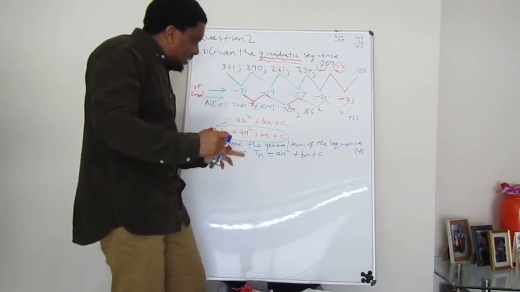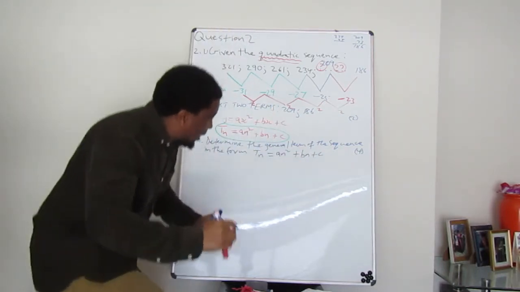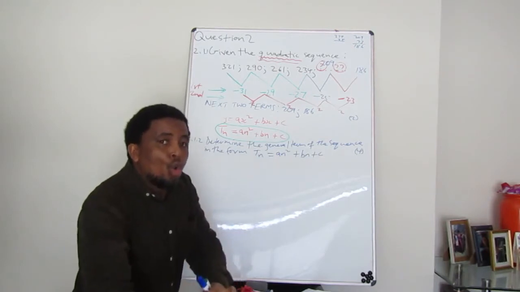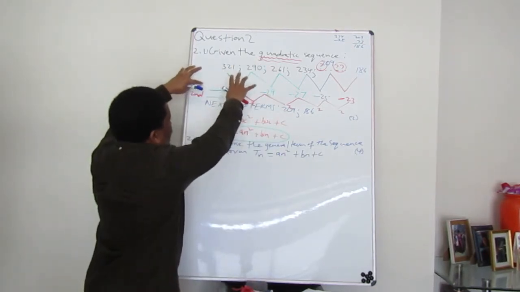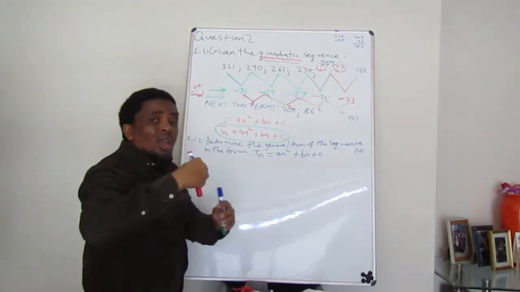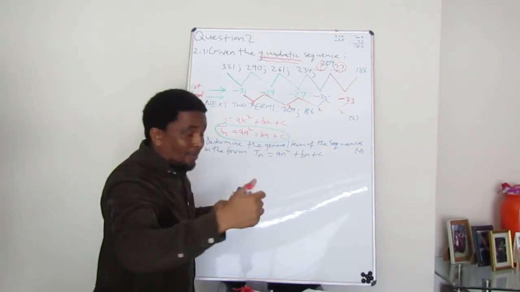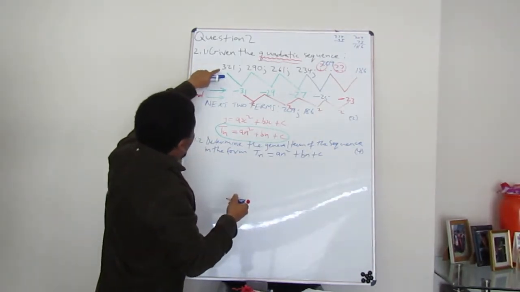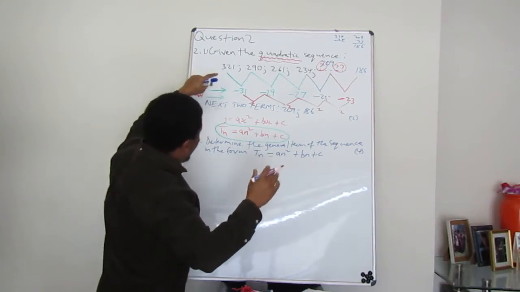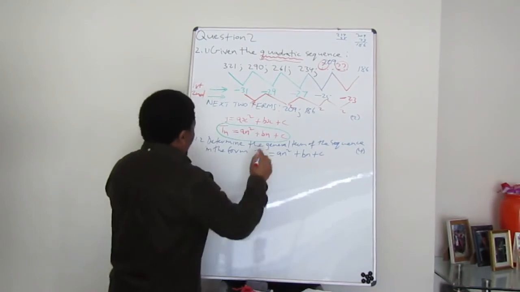Now, when you are given a question like this, what do you do? You go to your sequence and look at what is given in terms of your term numbers. For example, here, if I look at my term 1, in that case,